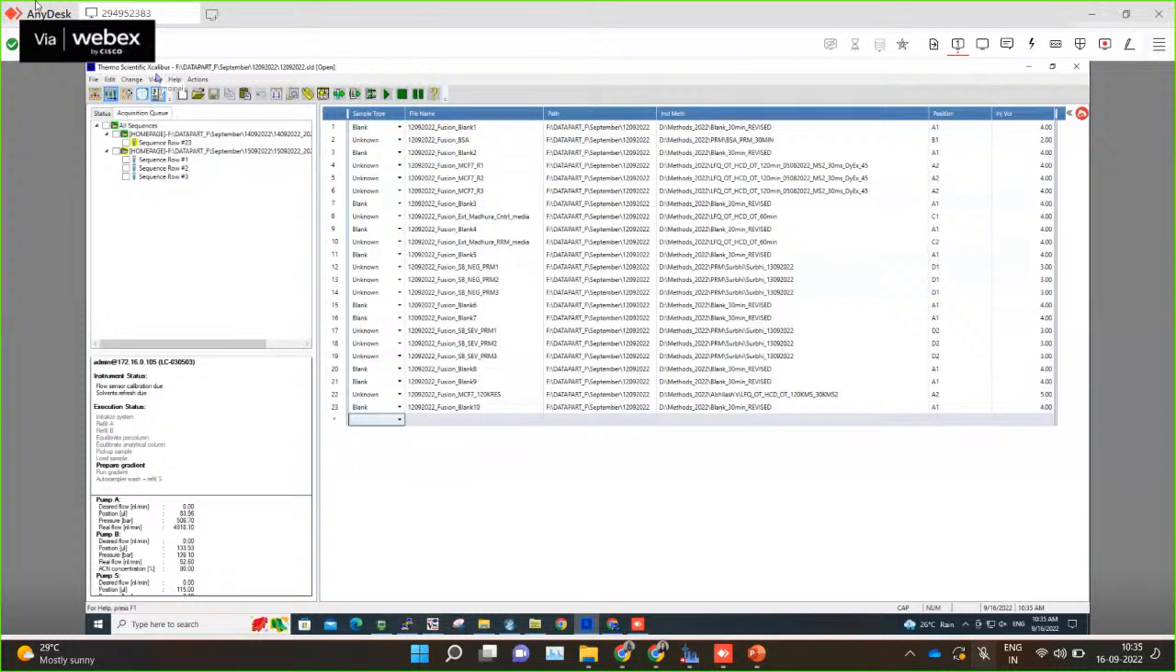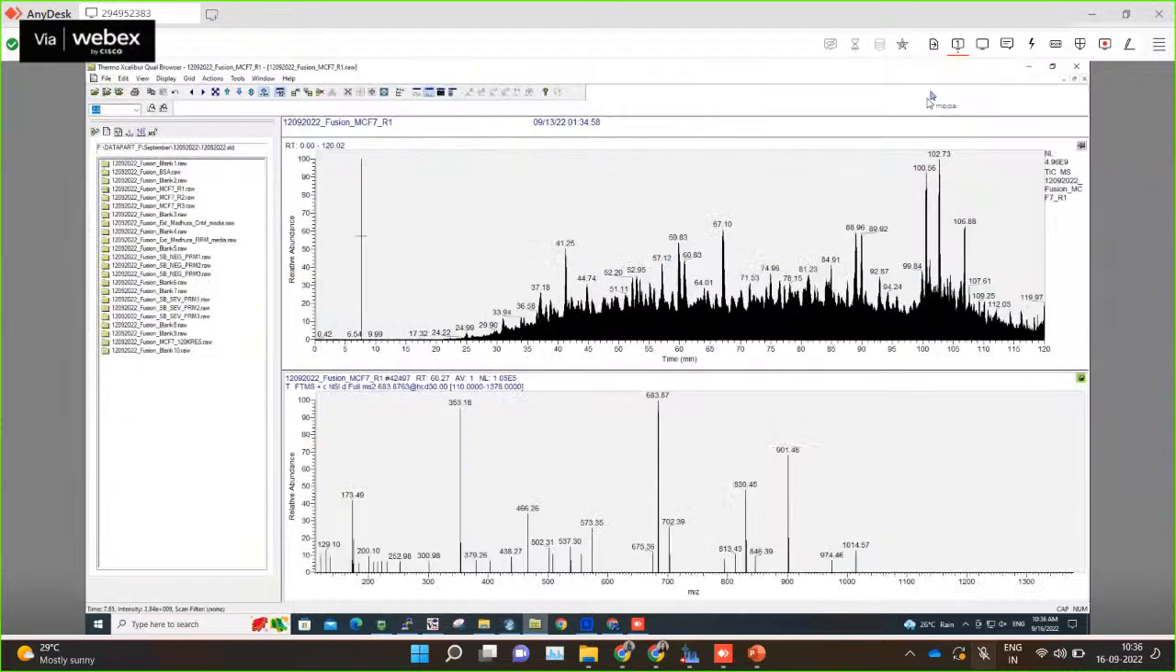Here is where we line up the samples, as you can see, putting the details, for example, the sample type, the file name, the path where we want to save the raw file, the instrument method, and the position. So here we start the run, and then this is another software where we observe how